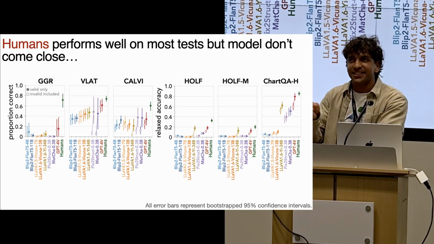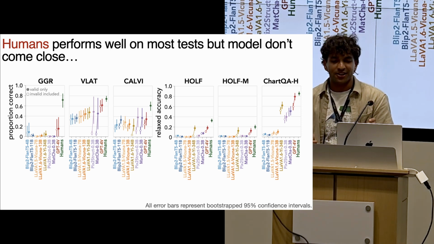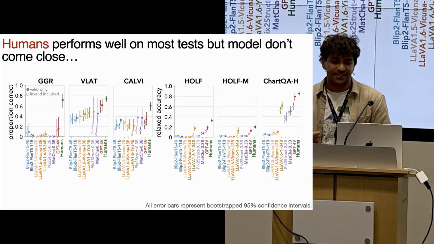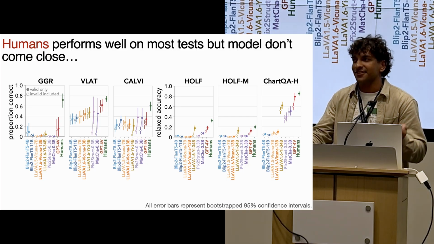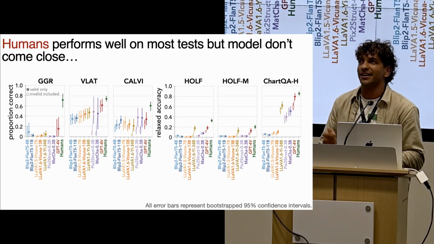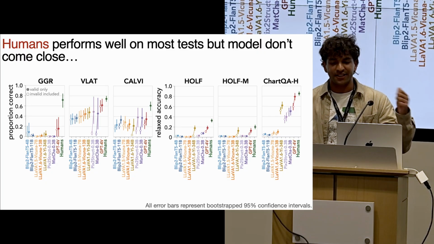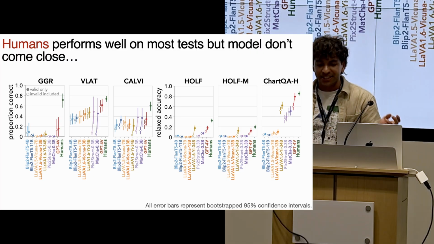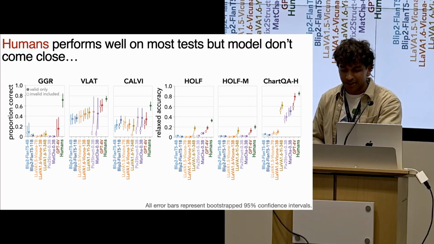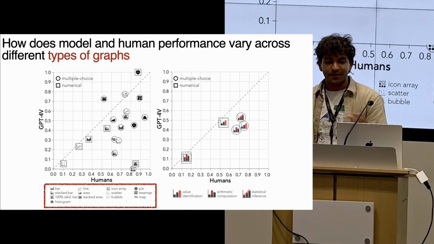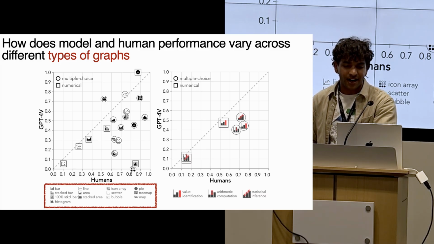But while we see some good performance from vision language models, we see that they still underperform most humans, especially on these expert-designed tests. But along what categories are they doing worse, you might be wondering. Are there some items that are just tricky for models but not tricky for humans? Are people just doing better on completely different sets of items than models? Is it the same? And to test that out, we evaluated model and human performance across a variety of different